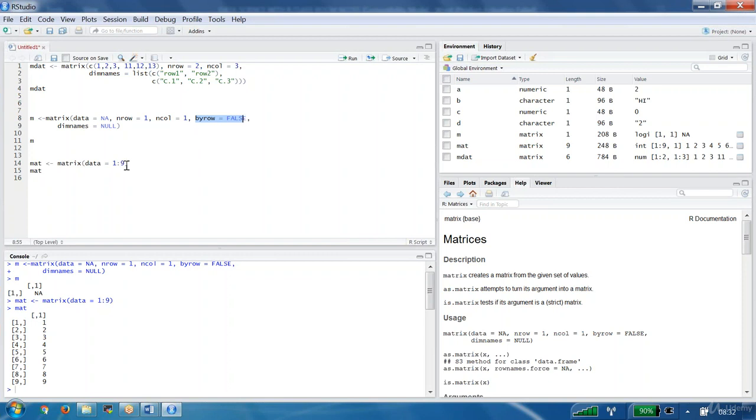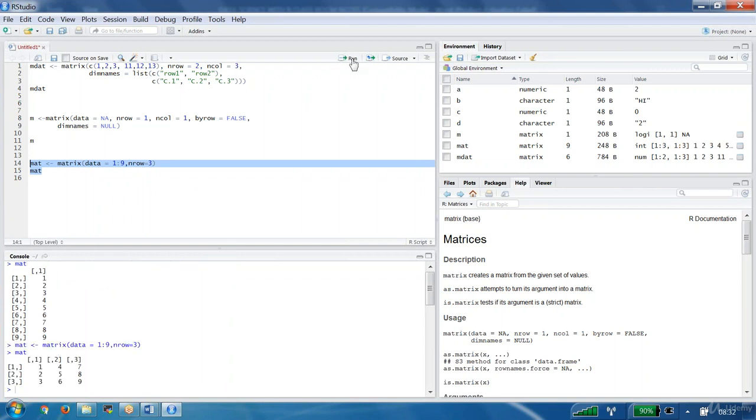Let us experiment with the second argument. What is the second argument? Number of rows. So I am giving nrow equal to 3. I said to the system, hey, I want 3 rows. Now let me run this one and see what will happen. Now we can observe what happened. 3 rows you wanted, you fixed it.